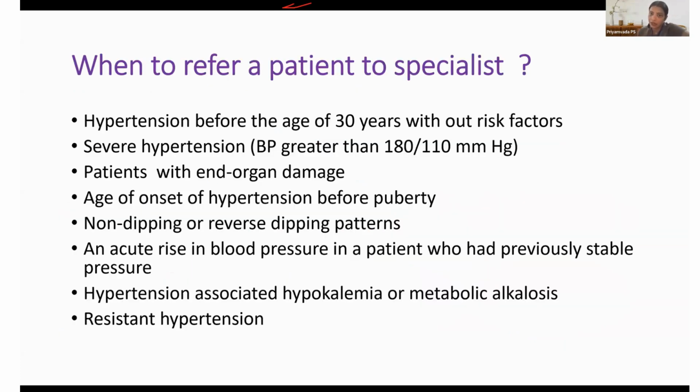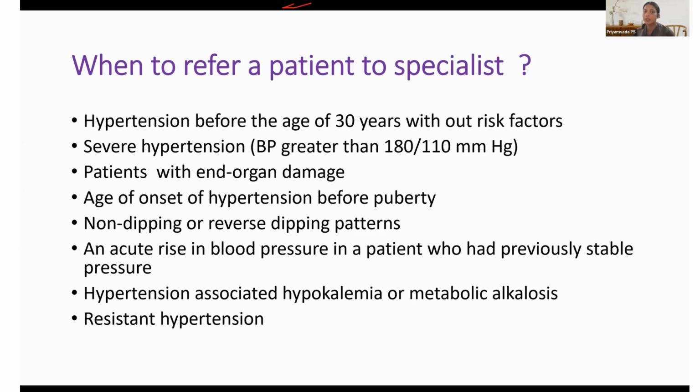So there are certain scenarios which probably cannot be managed in primary care. One is a very young onset of hypertension, and by the way, very old age. For example, someone coming with a normal blood pressure and suddenly becoming hypertensive after 60 years. But that's not the usual way primary hypertension behaves. So such patients, very young and very old individuals, and severe hypertension will usually be associated with some